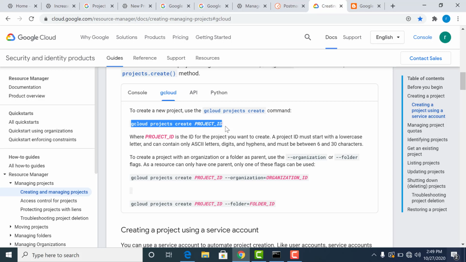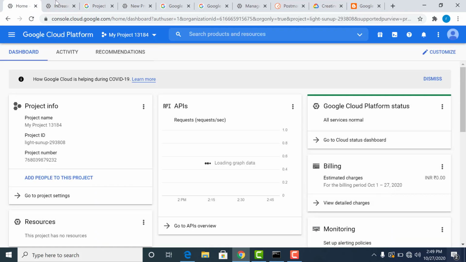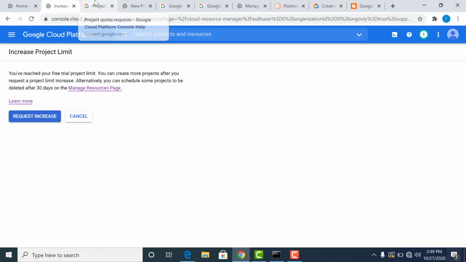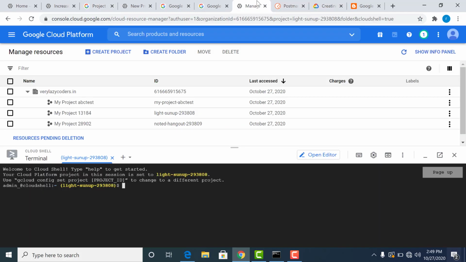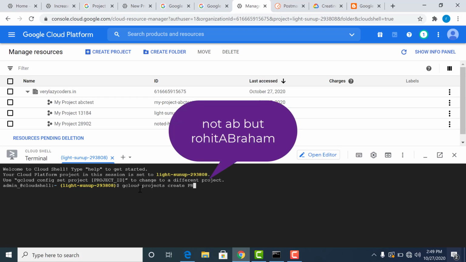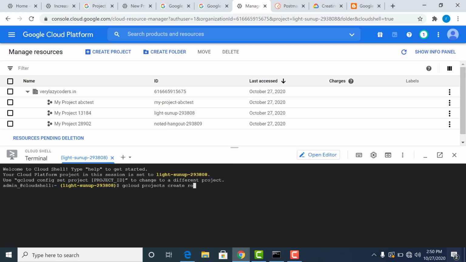Just copy this command and you can just paste this command over here. You just need to give the project ID that you desire. So I'll just put this as AB. And you can just click.